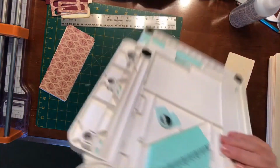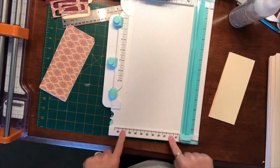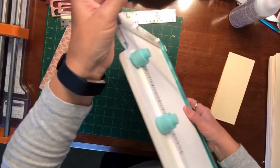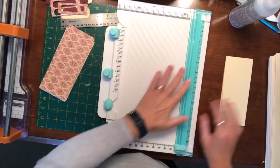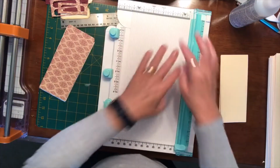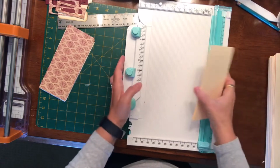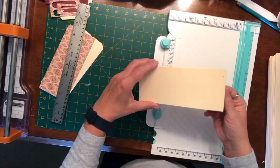I mean, I've really enjoyed it. It's even got little tubes here that you can put in the holes at the end and make pom-poms and tassels. And it does come with a knife as well for scoring. It's a great travel one, and I bring it because when I go to one of our craft days, I hate bringing all the different tools that you have to use. But anyway, that's what I bring along with me when I travel. I just brought it with me because I didn't want to bring my envelope punch and all that kind of thing. So what I'm going to do now is make the